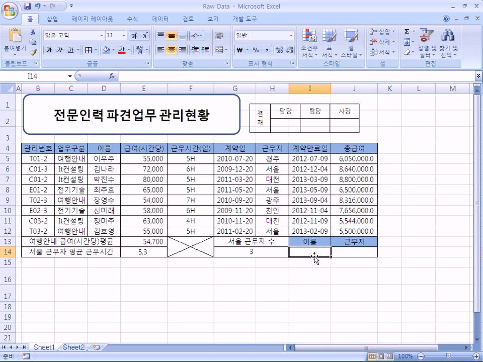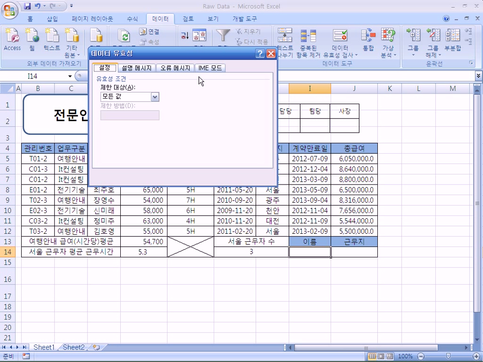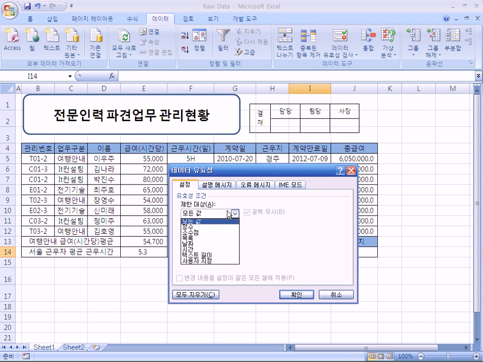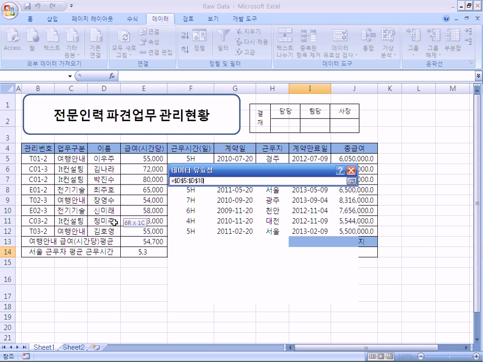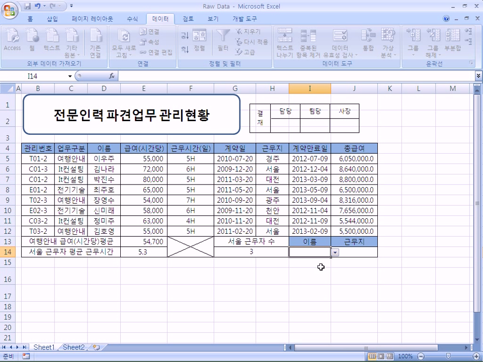And here below the name category, I'm going to put the list of the workers' name. For that, data, I select list and quote the list of the workers' name. So here I can select the worker's name, and on the right side of this blank